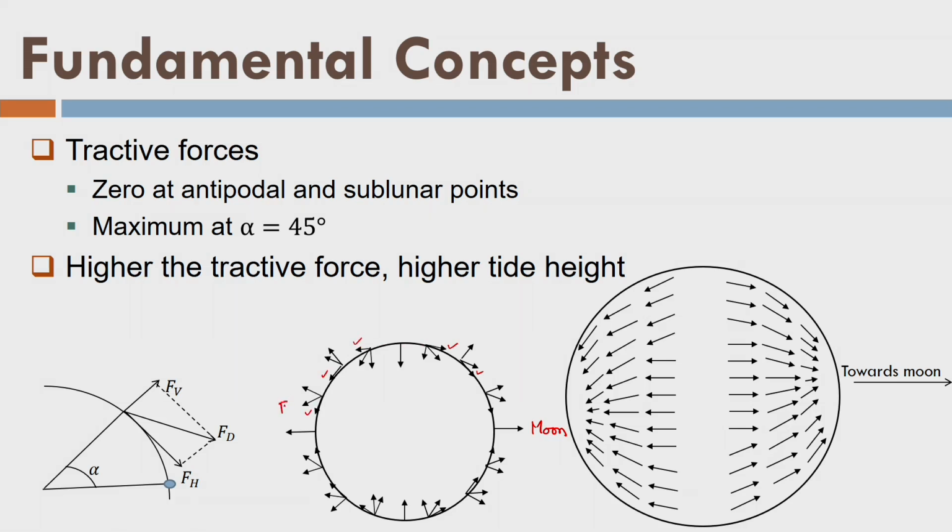So, we have resolved this FD into two values. Here this is my FD, and we have resolved it; here there is only FD working in this direction. So now you see there is FD here, this force we have resolved into two forces, one is FH and one is FV. You can see that on the half of the earth where water is located, the tractive force, the horizontal force, is bringing the water towards the one point which is closer to the moon. Fine, I hope you agree with that.